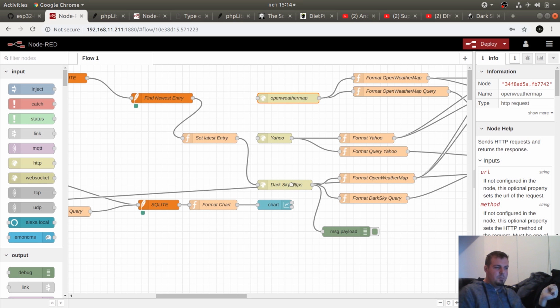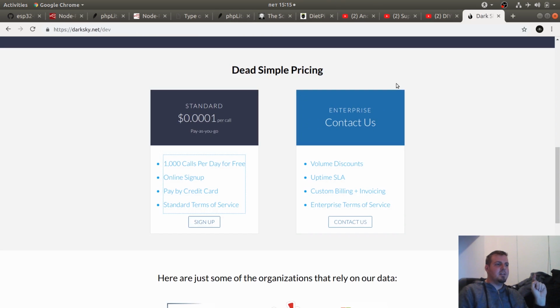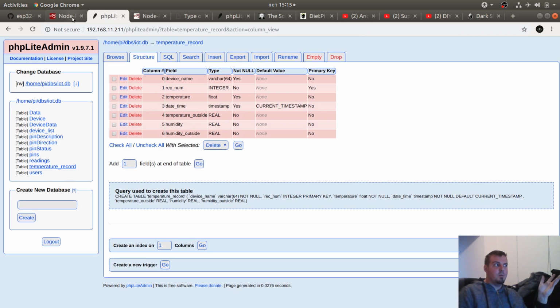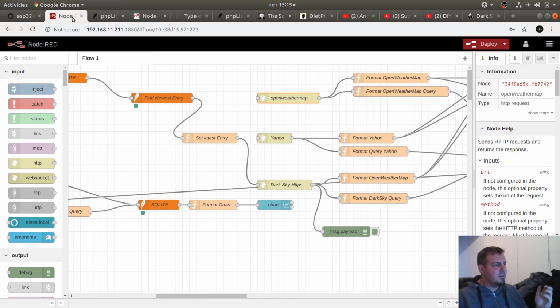So if you open your Dark Sky HTTPS, your API goes here. You actually need to get an API key from Dark Sky and put it in there, because you can only have 1,000 calls per day. And if you enter it here inside the HTML field,